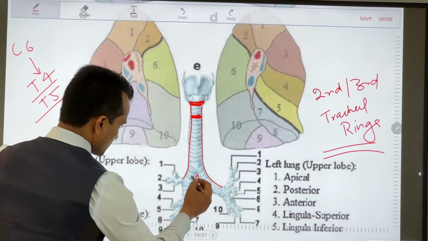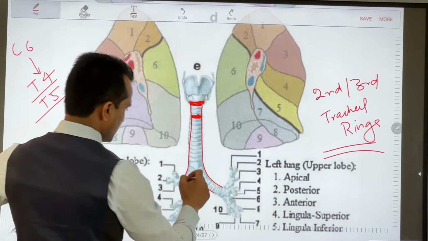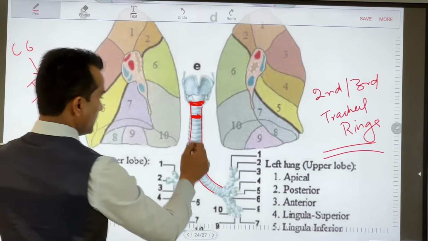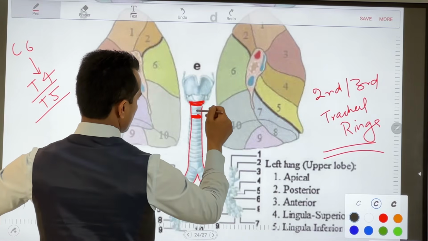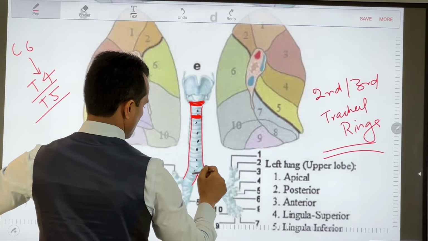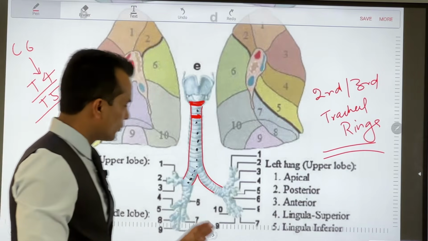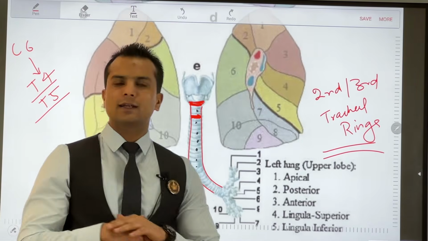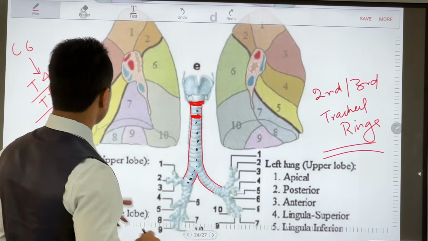Here you can see this right bronchus is vertical and broader, wider and shorter, but this one is narrow and more horizontal. Any foreign particle, suppose someone has inhaled a peanut, so this peanut will probably move to the right side of the lung, because the right bronchus is more vertical and wider. So any foreign particle inhalation or peanut inhalation will move to the right lung, and remember,